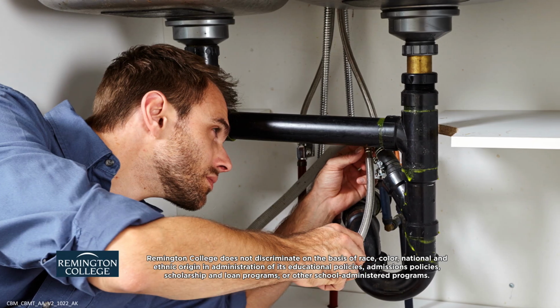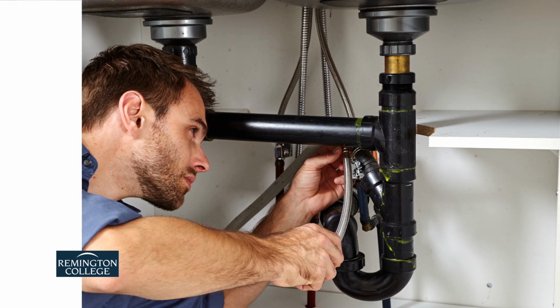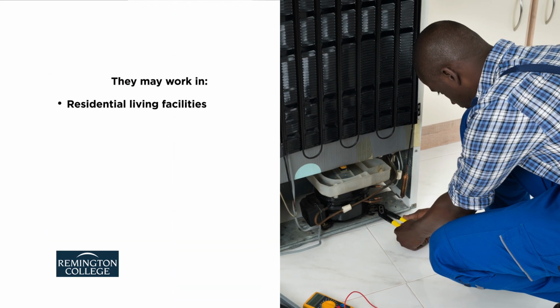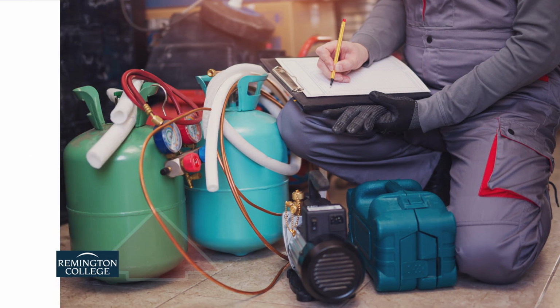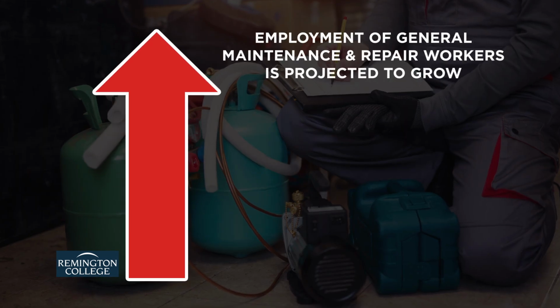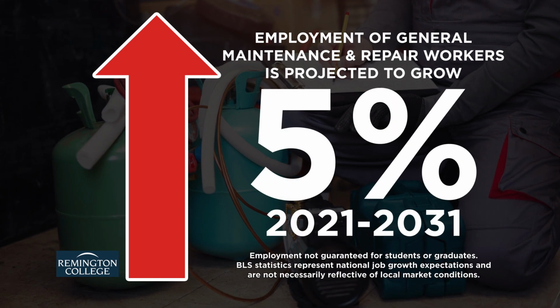Construction and building maintenance technicians inspect, diagnose, and repair building issues in a number of professional settings. They may work in residential living facilities, hospitals, office buildings, hotels, schools, and more. According to the Bureau of Labor Statistics, employment of general maintenance and repair workers is projected to grow 5% from